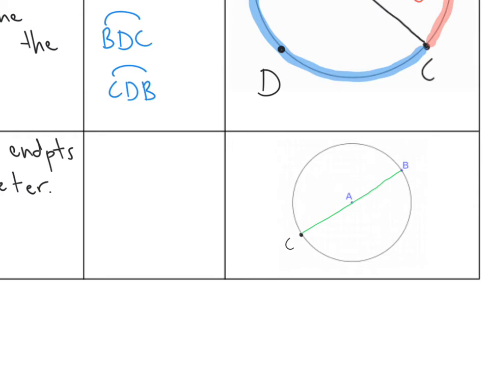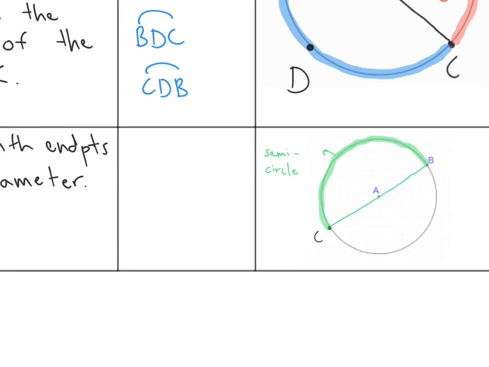So once it does that, then the arc that gets created, this is our semicircle. Not the diameter, but the arc. All right, and then to name the semicircle,